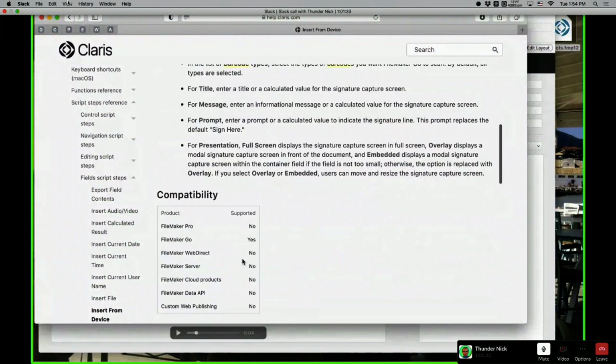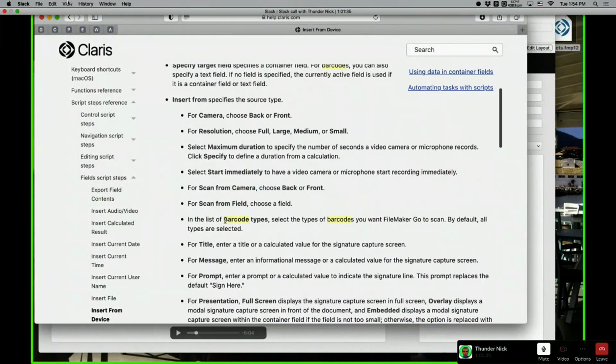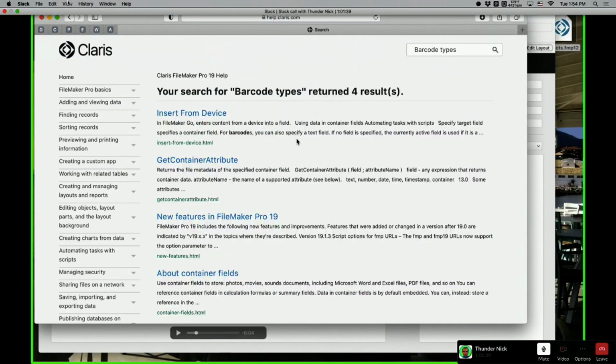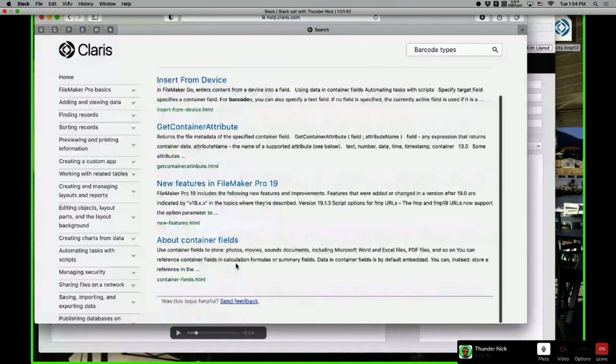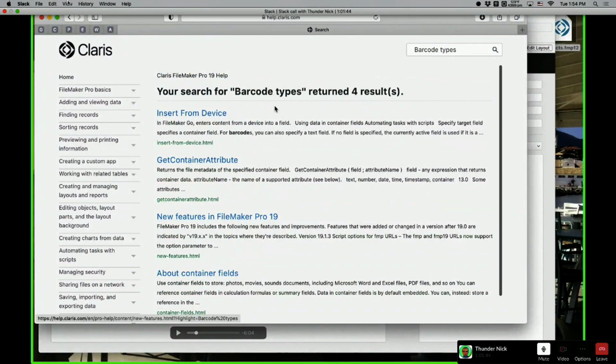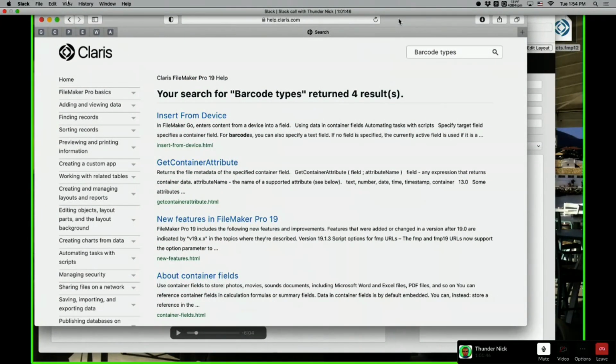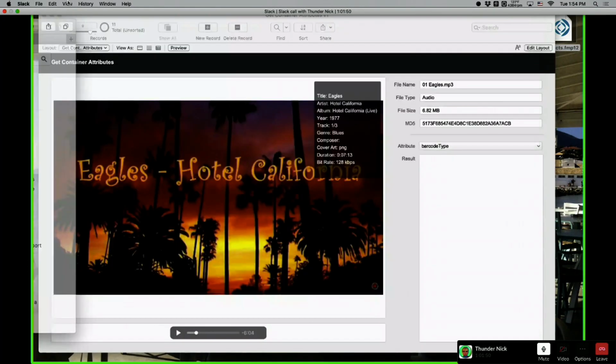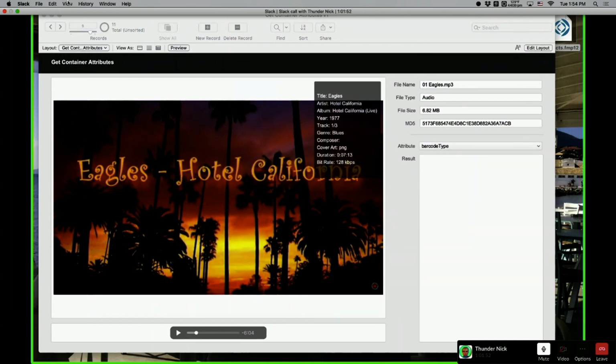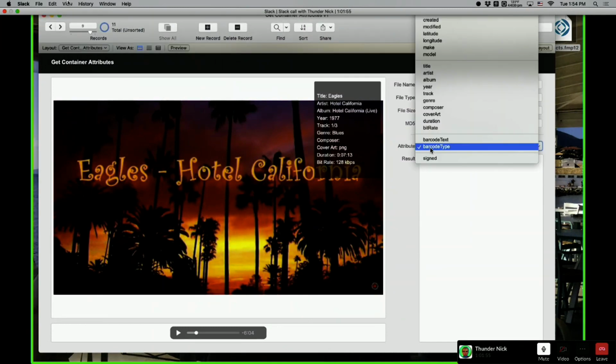I don't know if you have where we can see barcode types. Yeah. What's the question, Nick? There's a whole list about the barcode types. They have a whole bunch of them. There's 1D barcodes and 2D barcodes you can read. The whole list is somewhere in Go. Anyway, you can read which type of barcode it is using the GetContainerAttributes stuff. So this is what you need to know about this.